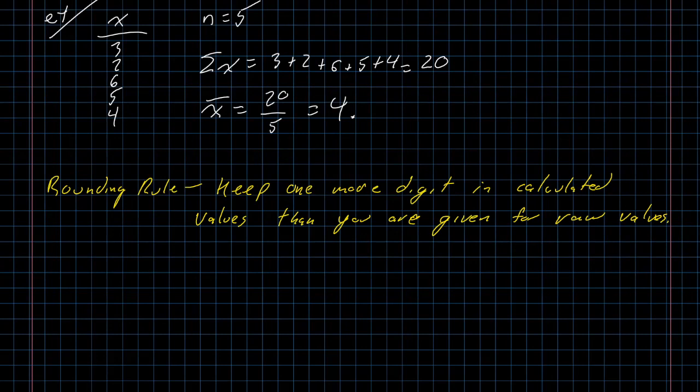So we're going to use this rule of thumb. However much detail we are given for the raw values in a distribution, whenever we perform a calculation, we're going to go one digit further. So as another example, if I get some really ugly numbers here,